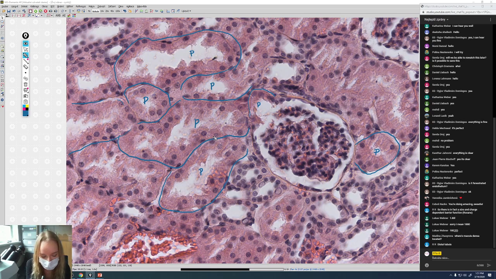And proximal tubules are made of epithelial cells, and this epithelium is a simple columnar or cuboidal epithelium. Okay, so proximal tubules contain simple cuboidal or low columnar epithelium. And these cells are